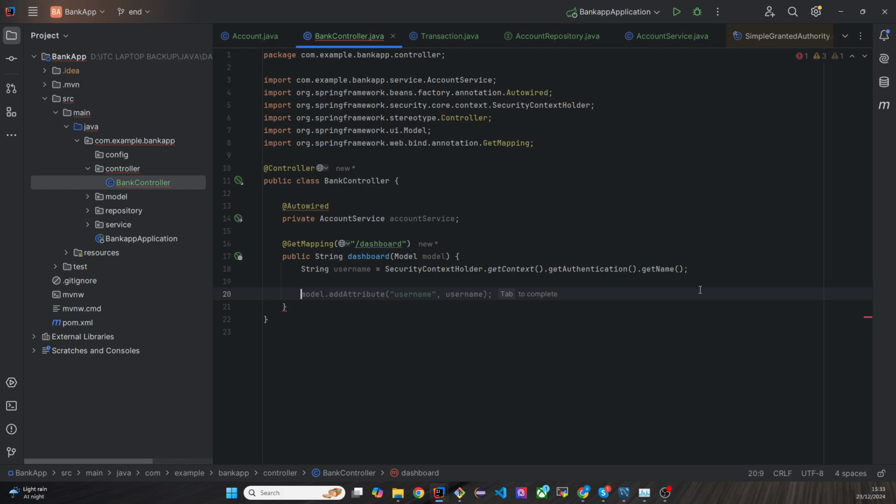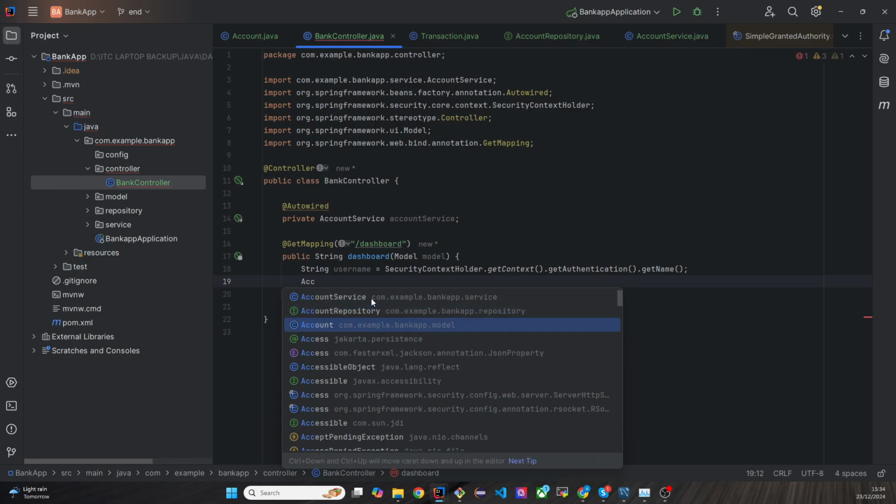And with this username, see, Spring context holder is a part of Spring security. It stores the details about the current user's authentication session, and the get authentication dot get name will return the username of the currently logged in user. And with this details,